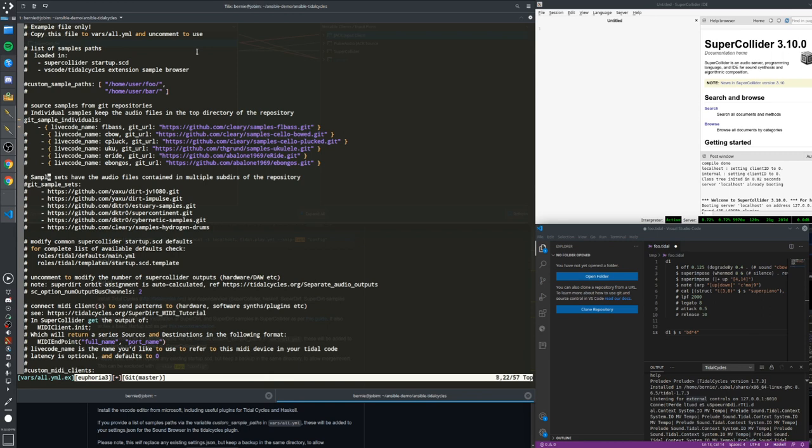Okay, sample sets that have the audio files contained in multiple subdirectories of the repository. So Alex Yaksu has a bunch of nice CC0 licensed or permissively licensed repositories as well. JV1080, Dirt Impulse, DKTR0, the David Ogborn who does Estuary has a bunch as well. Estuary samples, Supercontinent,